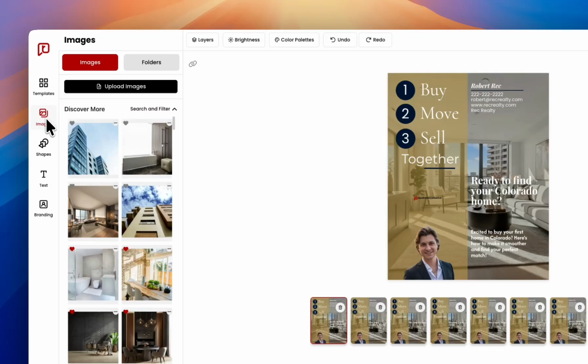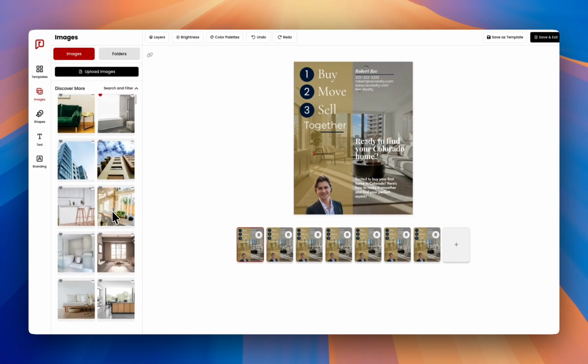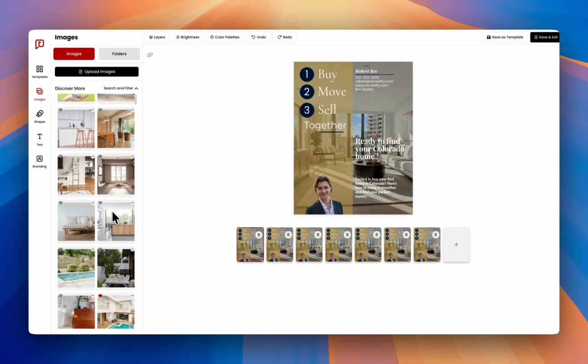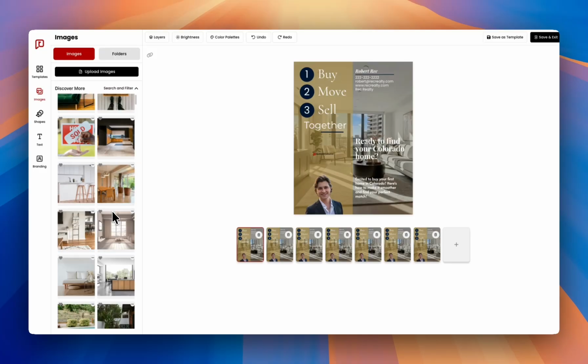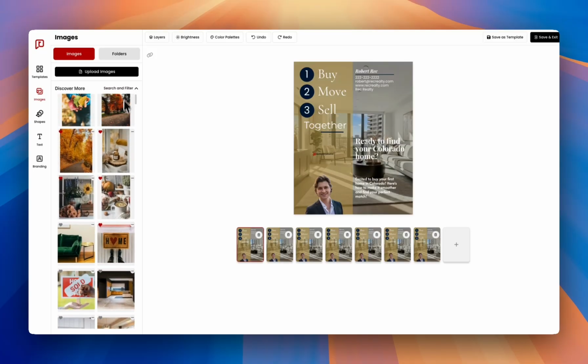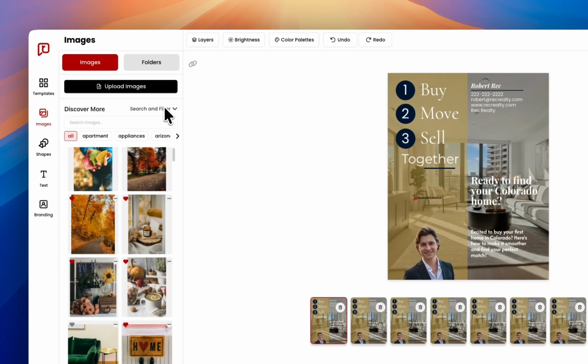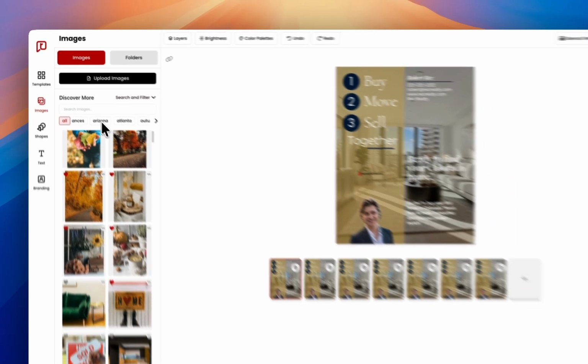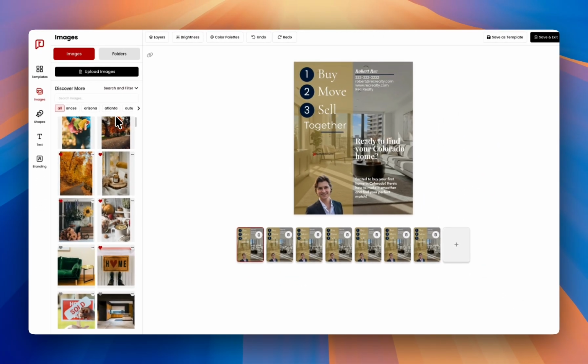So here in the images tab, you have access to over 12,000 background images from interiors to exteriors, kitchens, bedrooms, bathrooms, neighborhoods in specific locations. So you've got access to tons of variety here in the images tab. You can scroll, or you can use the search and filter options. You can search for a keyword, or you can scroll through and use our image tags to narrow your search